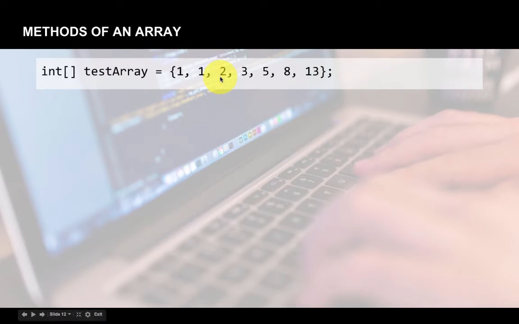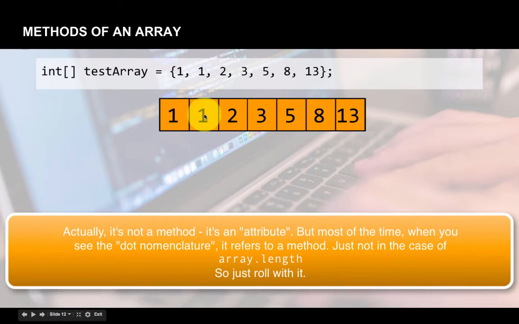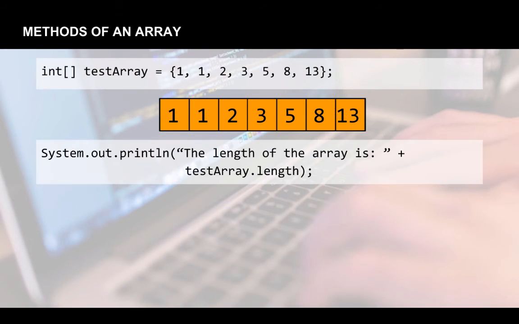There is a method called length, and a method is something new, and a method is something you can do to an object, and this array is the object. So I'm going to declare an array called test array, and it's going to have 7 elements, and I'm going to populate it on the fly. I'm going to do system.out.println, the length of the array is, and I'm going to append to that, I'm going to concatenate